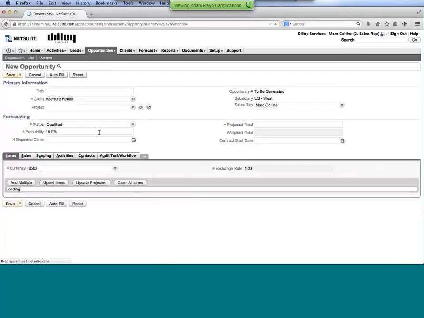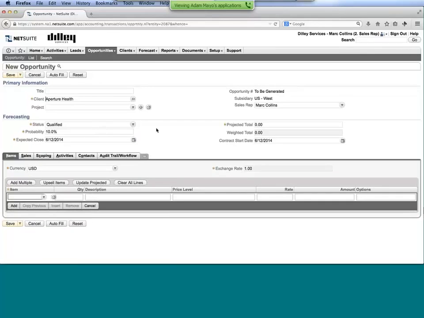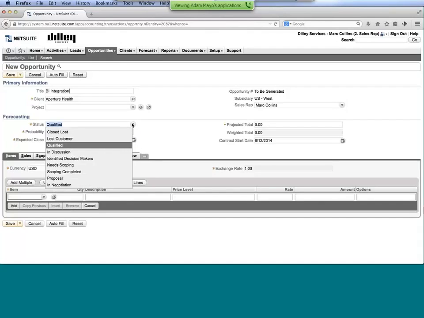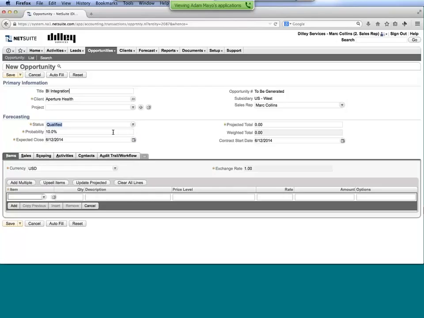So we'll go in as the sales rep. Brings me to the opportunity form here. Again, traditional information that you may expect out of CRM tools. Up on the top, I can go in and give this a title. So let's say that we're working with them and we're going to be doing a BI integration type project within here. Down below, I have a forecasting area where I can start building out different stages or statuses, and these will be tied to probabilities, which will ultimately help from a pipeline reporting standpoint.